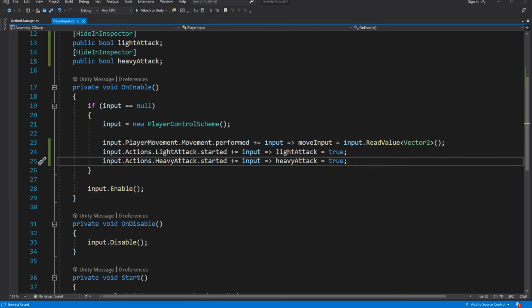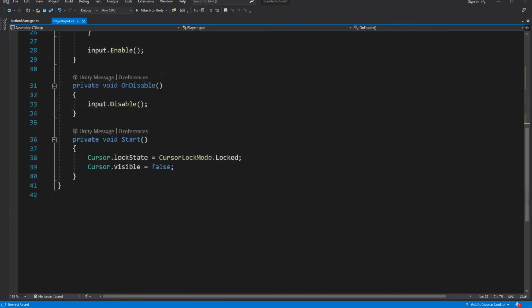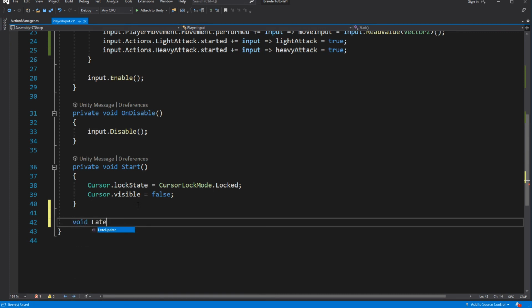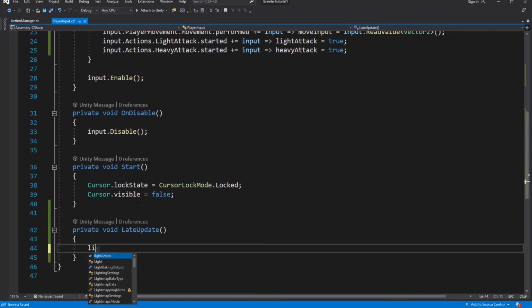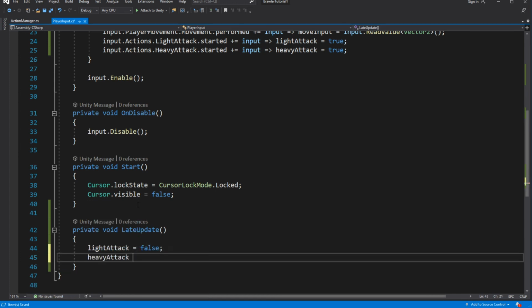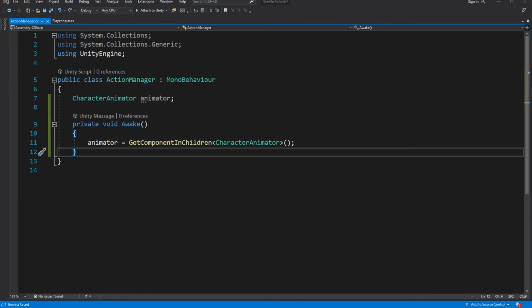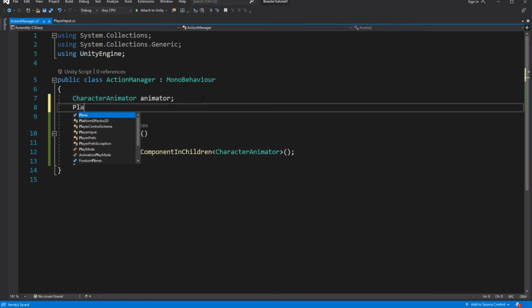Then on a late update set them to false to nullify their state. Go back to the action manager and directly pass those two values to the animator in the update.